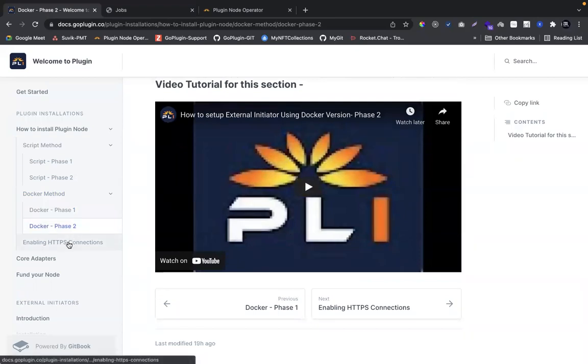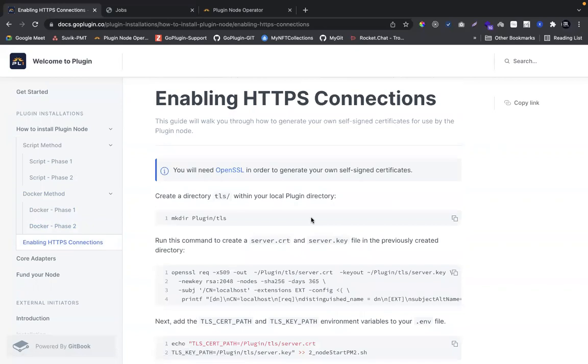Okay, and we have observed many people sharing their concerns with respect to HTTPS connection setup, right? Which is very critical, of course, but to set up HTTPS, you must have a custom domain, your own domain. So if you have a domain name, please feel free to go ahead and set this up. And you can also set this up using Let's Encrypt. That is another SSL provider. You can use it to set up your SSL. Okay, so this is all about plugin installation and SSL setup.